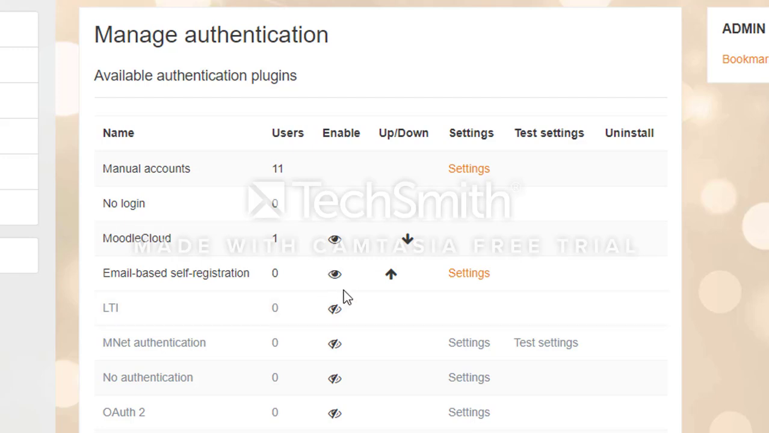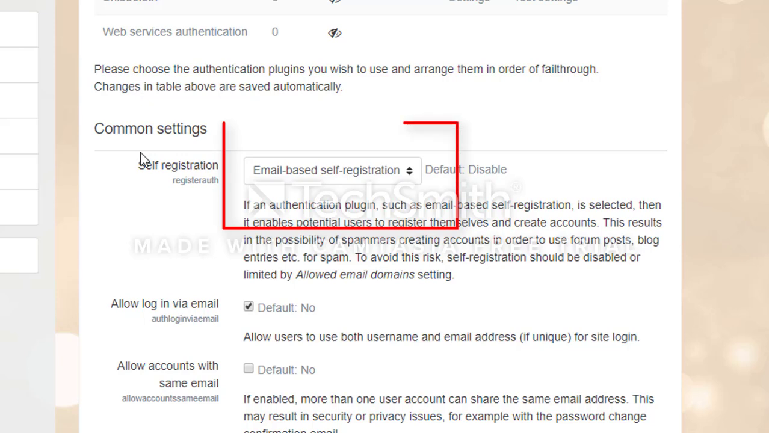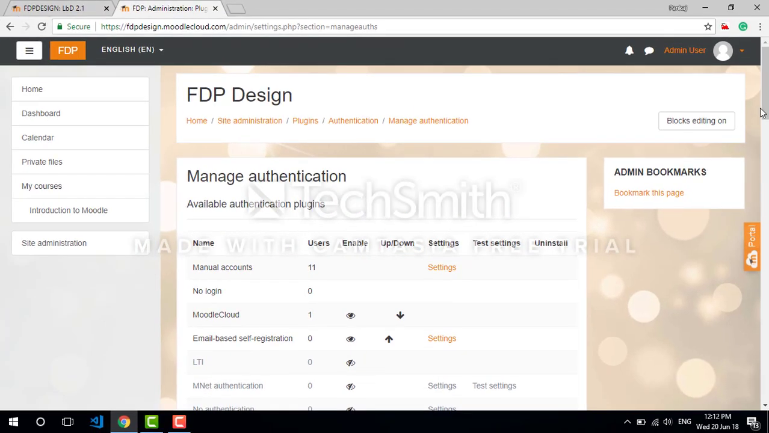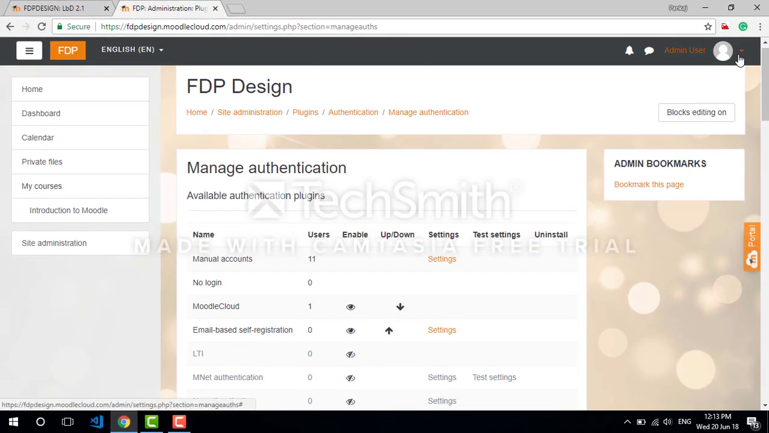It will get an eye open. Scroll down, and here in common settings, you still have to enable the email-based self-registration setting. After doing the changes, click on save changes. In my case, it's already enabled. By this setting, users or students are able to create their own account in a Moodle website, but still